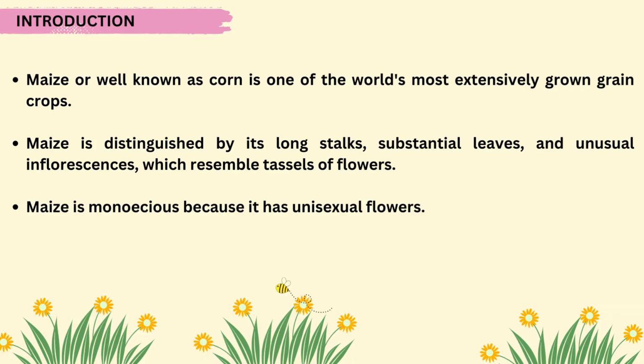For introductions, maize, or well known as corn, is one of the globe's most extensively grown grain crops. Next, maize is distinguished by its stalks, substantial leaves, and unusual inflorescence, which resembles tassels of flowers. It is monoecious because it has unisexual flowers, which means maize has separate male and female flowers on